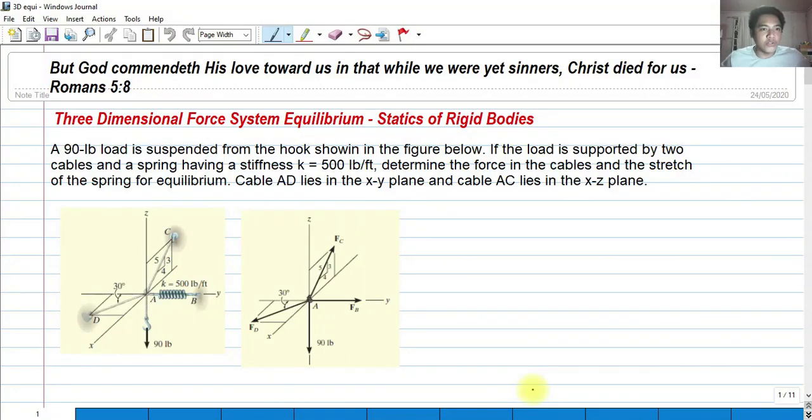Hi, so for today we're going to talk about three-dimensional force system, equilibrium, still a part of statics of rigid